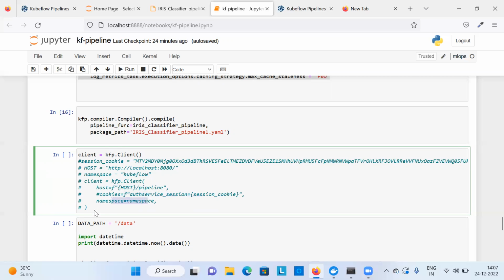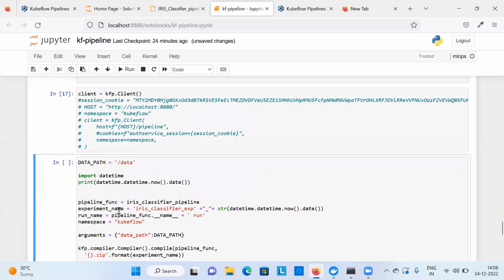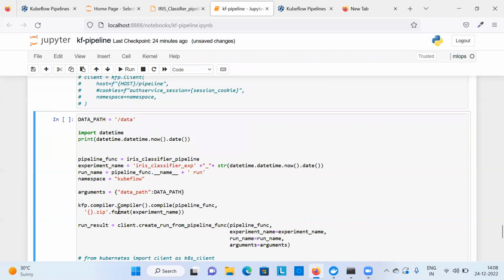But you don't need this if you are working locally. So you just do this. I have tested this in both places. It works whether you have it on a server or local. Because I'm running this on my localhost, let's go with that one. So let me execute this. The moment I execute, the Kubeflow client is created, and now in the next step I can create the experiment,